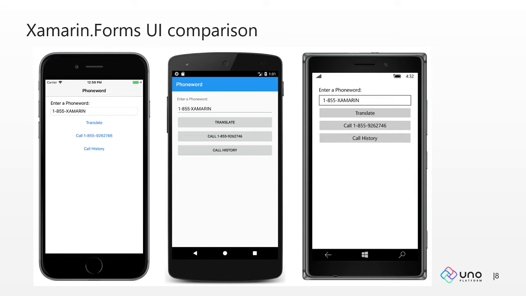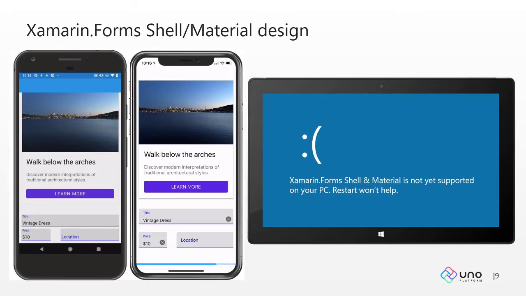The Xamarin.Forms team of course has recognized this problem, and they came up with a solution in the form of Xamarin.Forms Shell and Material Visual. This is a great solution which allows you to bring material design from Android and take it to iOS as well.